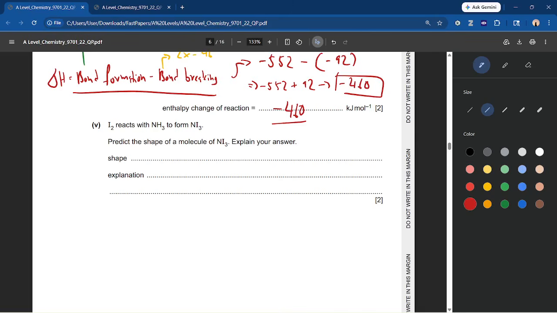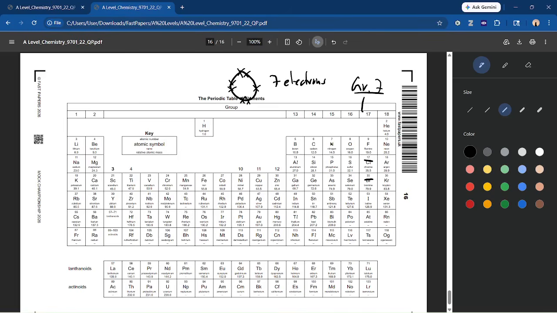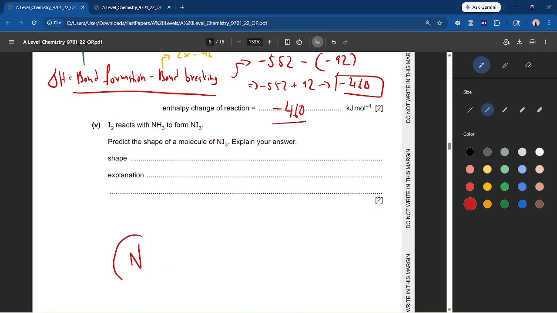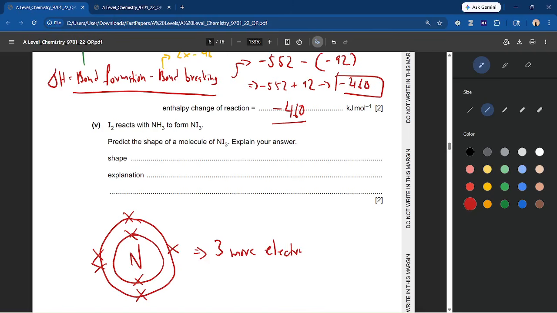So nitrogen is in group 15, so it has 5 outer shell electrons: 1, 2, 3, 4, 5, 6, 7, which means that it can take in 3 more electrons. So because it can take in 3 more electrons,